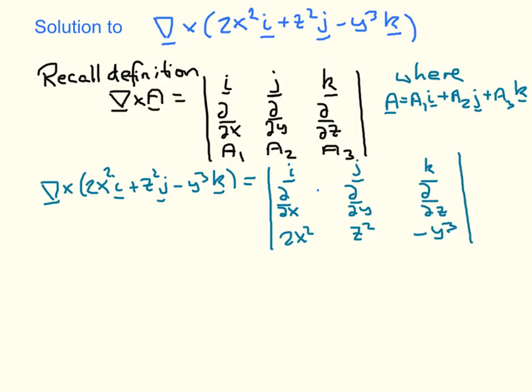So now we expand this determinant along the top row, and what we obtain is i times d by dy acting upon minus y cubed, minus d by dz acting upon z squared, close the brackets, and that's this term minus this term, this acting on this, and then we go to the next term and we put down a minus sign,